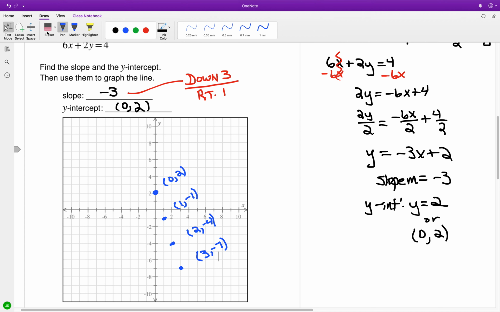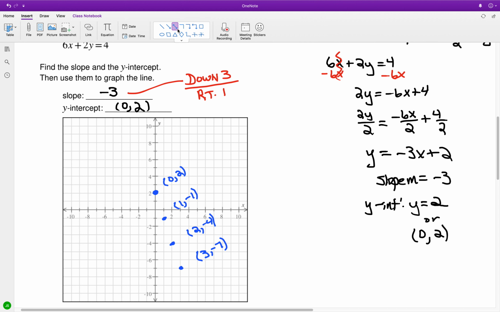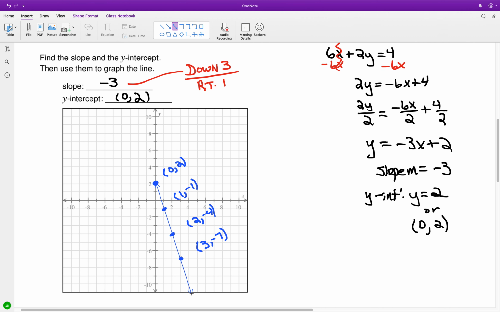And in terms of the line itself, if I connect what I have here,